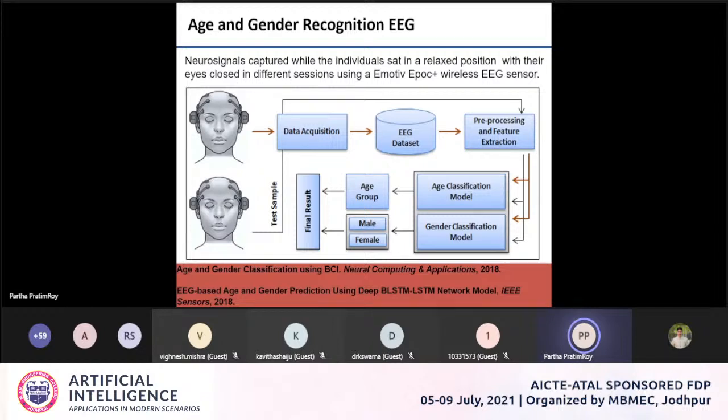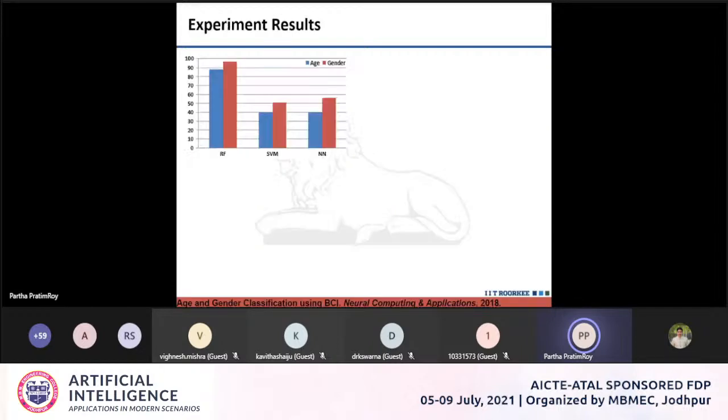If we use this paradigm with feature extraction like mean and standard deviation, and classifiers like neural networks and support vector machines, we have seen from our experiments that random forest actually provided better results. These are traditional machine learning algorithms.